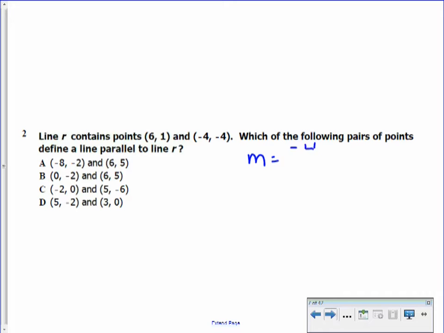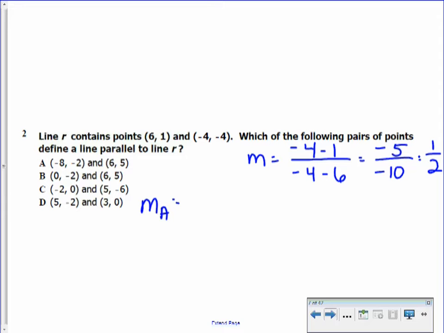My original one, let's see, I did -4 minus 1 over -4 minus 6. That gives me -5 over -10, until we have a final answer of 1/2. So we need to find which of our other slopes is equal to 1/2. So we need to go through each of them until we find 1/2, but I tell you, I'm taking SOL, I'm going to do every single one of them